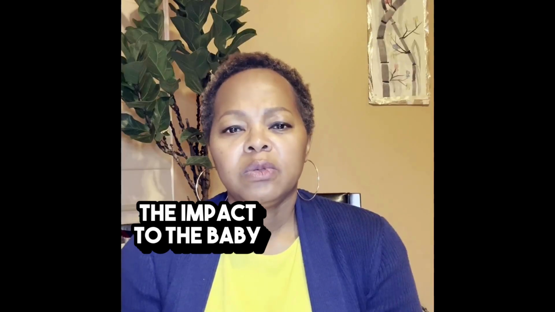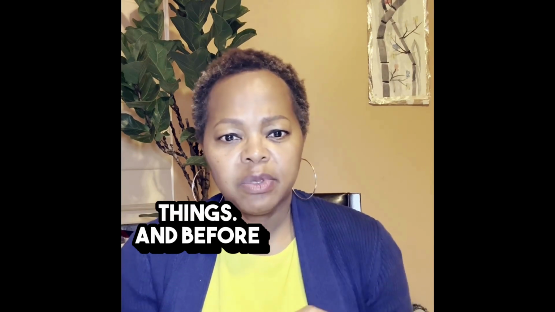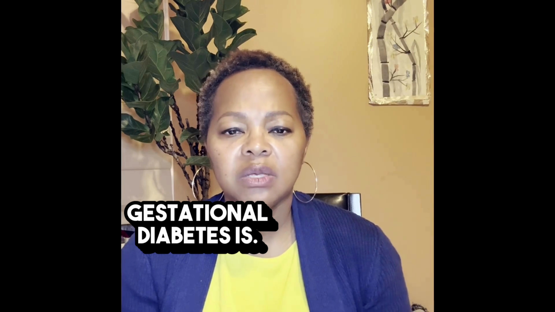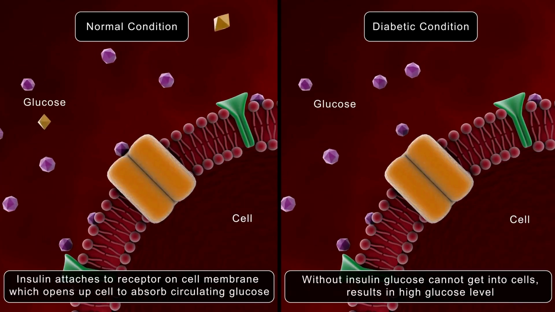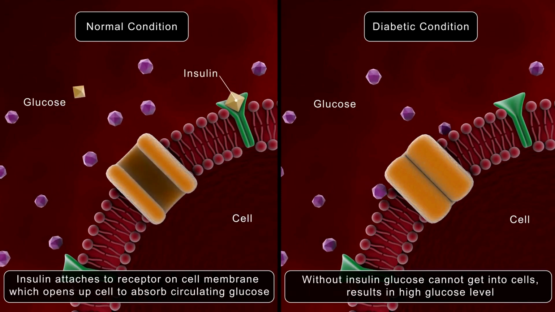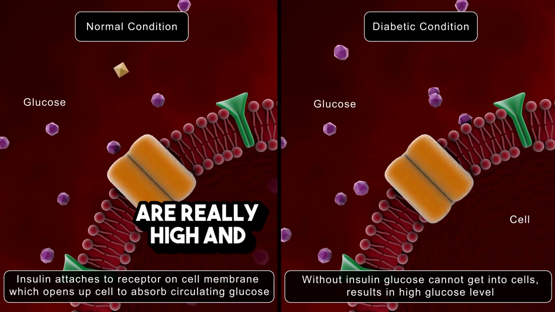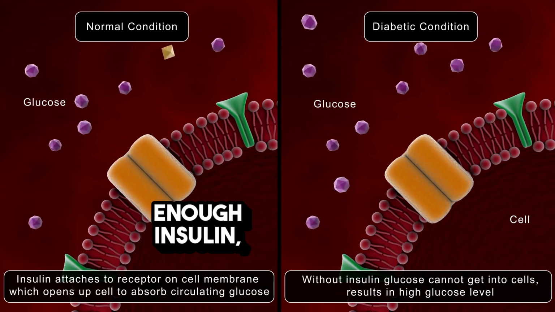The impact to the baby when you have gestational diabetes during pregnancy could be a couple of things. Before getting to those things, I wanted to just explain again what gestational diabetes is. Gestational diabetes is a condition diagnosed during your second and third trimester of pregnancy. Basically, your blood sugar levels are really high, and your body is not producing enough insulin, and so